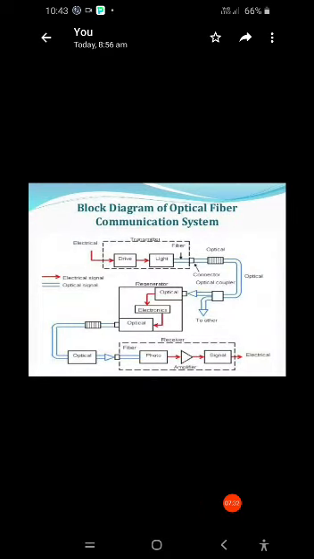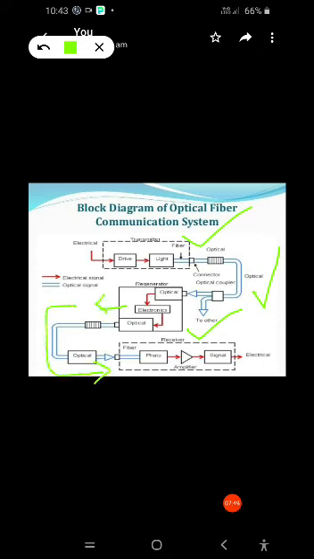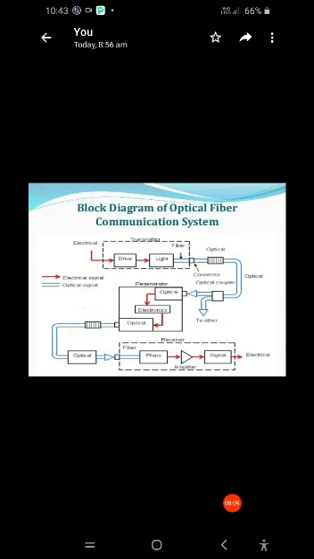Okay, next block is of receiver. We have discussed the transmitter, and next the optical transmission. Next one is of regenerator. Here from this optical transmitter the optical signal is given back to the receiver. Here we have also used the optical splicer and then the optical amplifier. This one is of optical splicer for permanent connection, and this one is of optical amplifier, by using which we can amplify the optical signal. And the signal is given to the receiver.